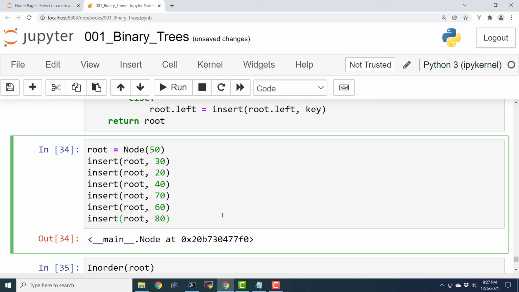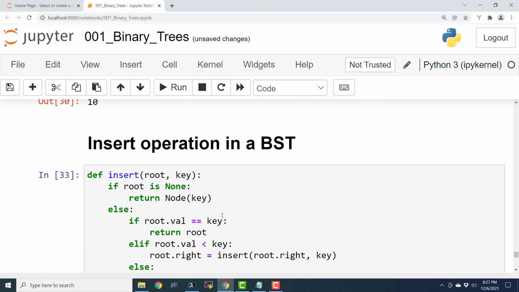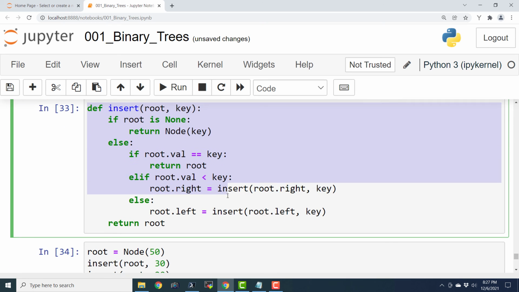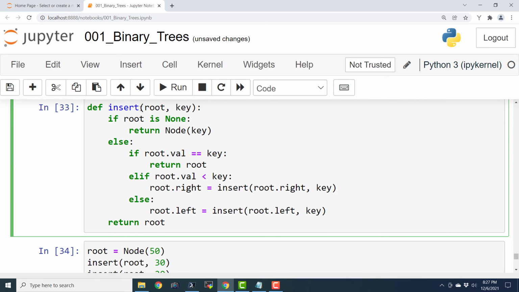So this is how we can construct a binary search tree with this particular function insert. For our convenience, we can just call it insertBST, that is, insert binary search tree.